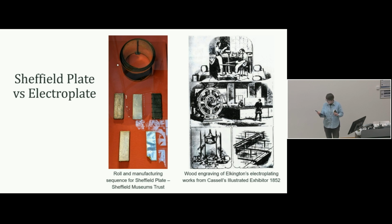The time period that Sheffield plate was being made was roughly 1740 through to 1840, although not always with clear delineation. No one has commercially made Sheffield plate since about the middle of the 19th century. There are very few records about the process, and what records there were mostly written quite a long time after Sheffield plate had ceased to be made, and by people who didn't make Sheffield plate, but just were interested in collecting it. So, quite a lot of very practical information lost,